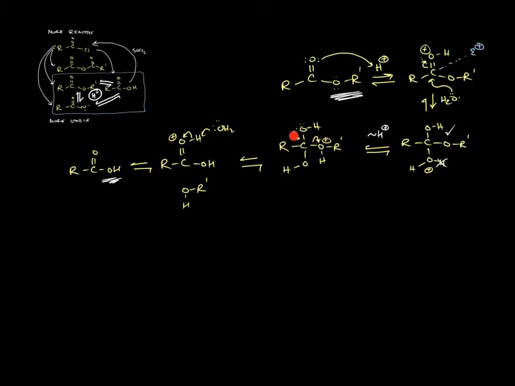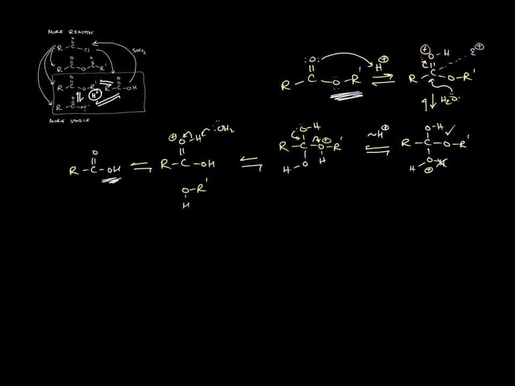I could shift a hydrogen around to make that OR neutral and one of those O positively charged. At that point, I could bring electrons down and kick off that water, which would give me this species, and if I just deprotonate that OH up here, I would go back to the ester. So this entire mechanism is reversible, and this is often called the Fischer esterification, going in this direction, because this